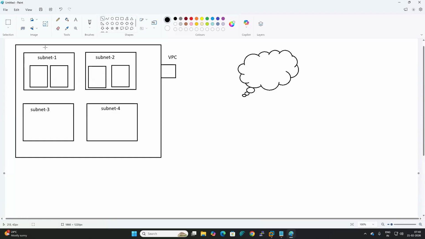So what this routing table will tell is that the subnets that are connected to this routing table can access the internet directly. Those are called public subnets. The subnets which can access the internet directly are called public subnets. So how will they be able to access? Through the routing. If there is a route towards the internet gateway, this route table will tell that